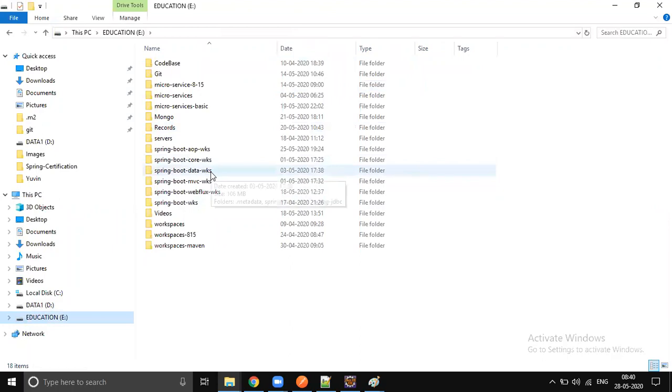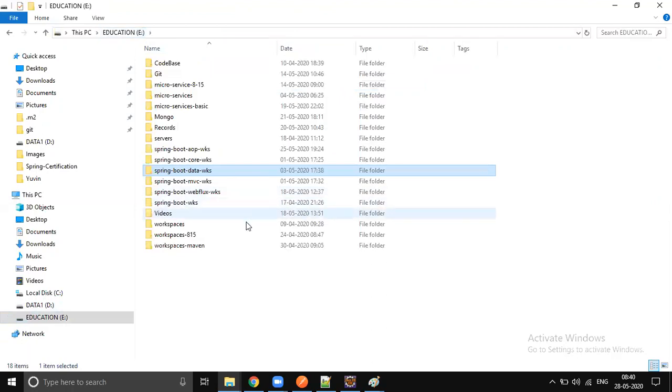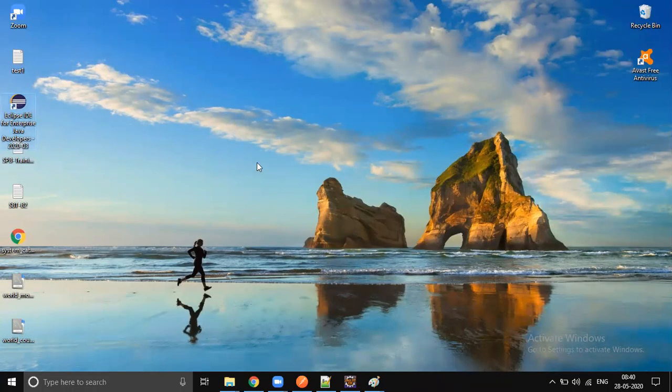Where we wrote our data JPA example. Let me open that workspace. There is one property which will make the server connect very quickly.